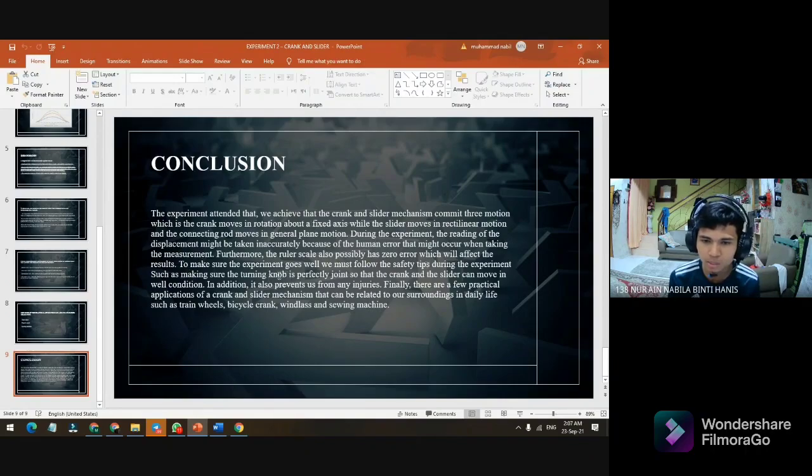To make sure that the experiment goes well, we must follow the safety tips during the experiment. In addition, it also prevents us from any injuries. Finally, there are a few practical applications of the crank and slider mechanism, which are train wheels, the bicycle crank, and also the